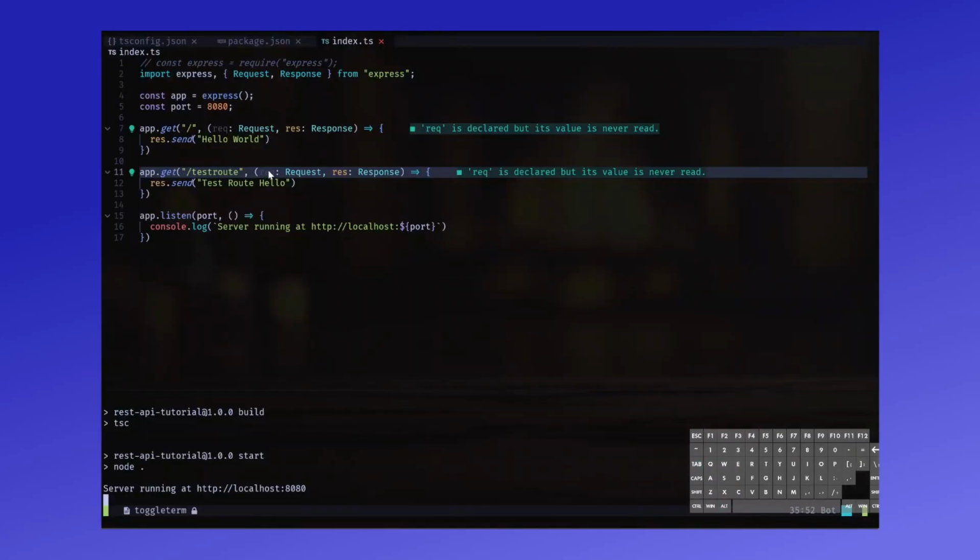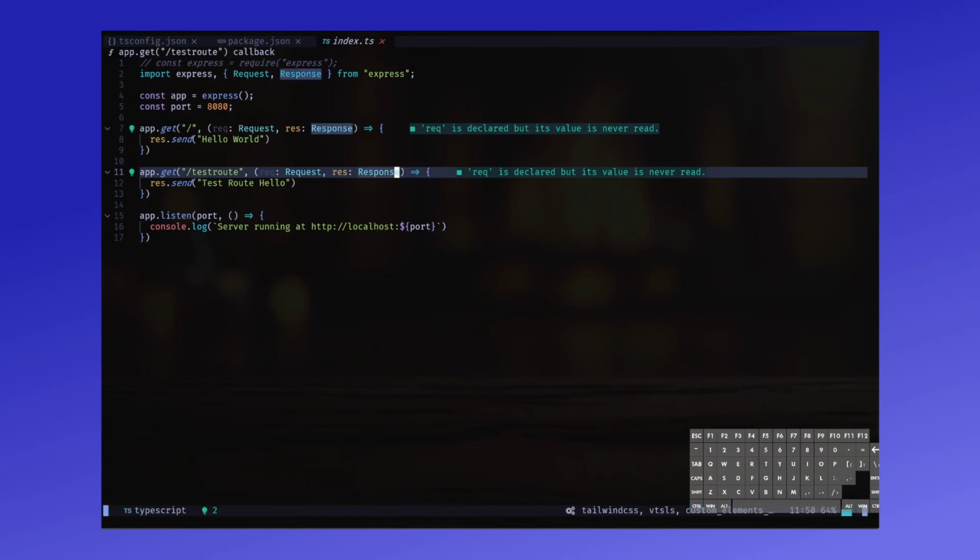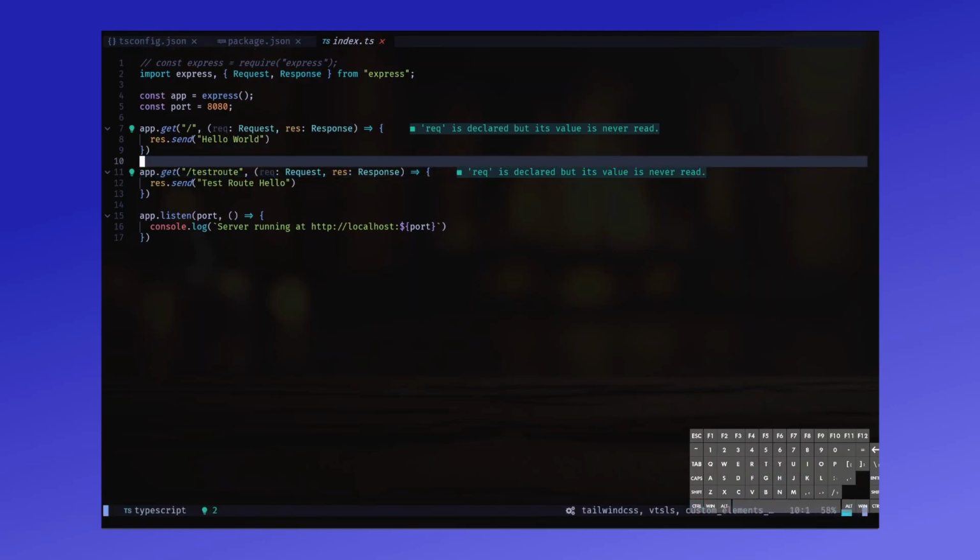Okay, great, now that this is working, we're actually going to build a little mock API. So our API is going to be a random generator. For example, we're going to be creating an endpoint to generate random quotes, and we are also going to be making an endpoint that generates random numbers. Okay, and now that we know what we're going to be making, let's stop our server and get started with making it. So I'm going to close out my terminal and get rid of my test route,